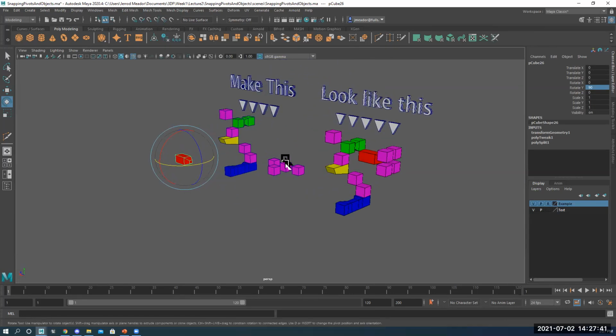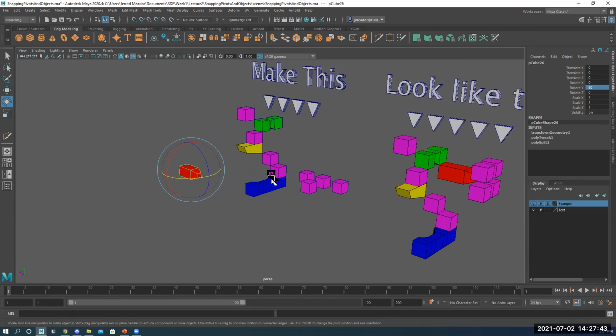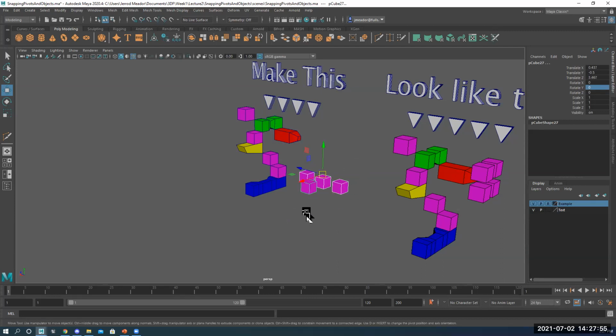All right, so now we got that right there. I'm gonna hold down D and V to move this to right here. And now I can hold down just V and snap that to right there. And then last but not least, I'm gonna just select